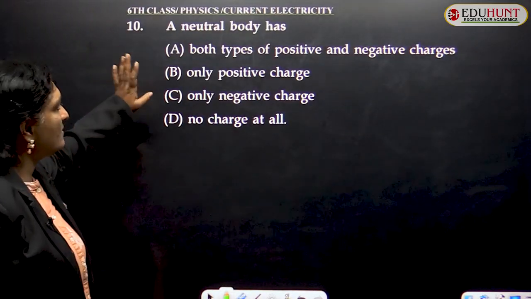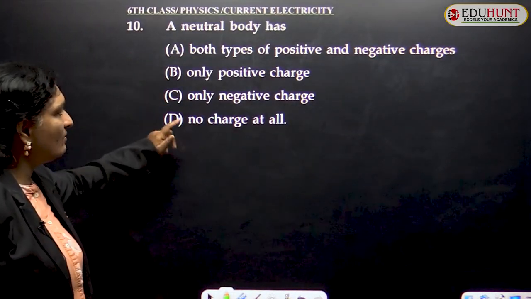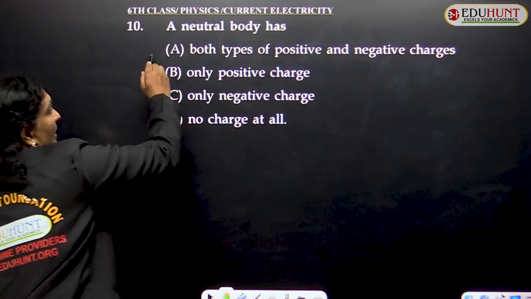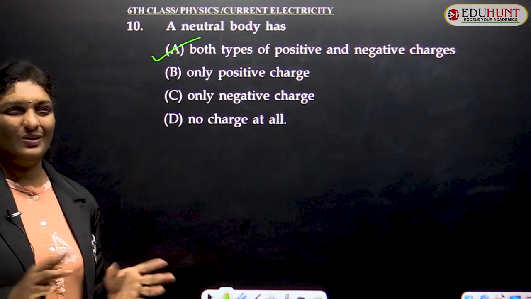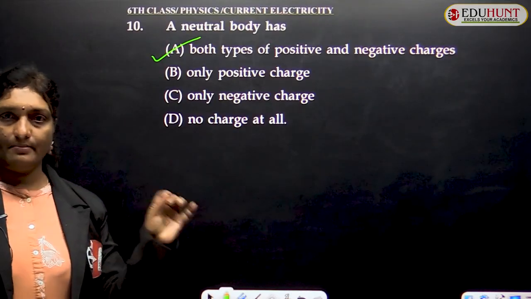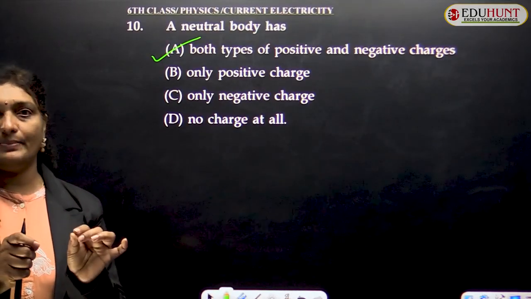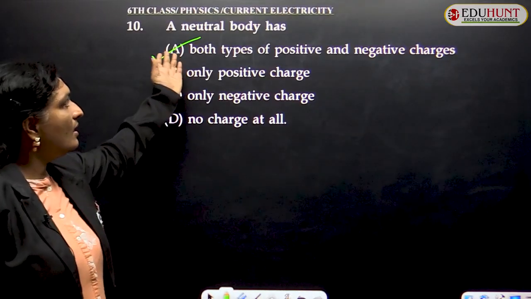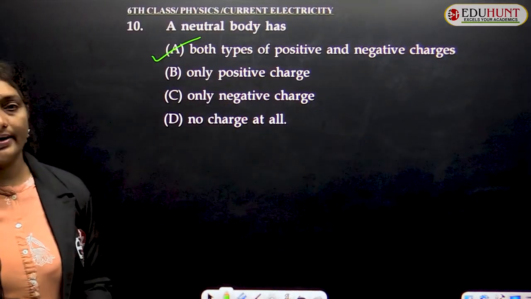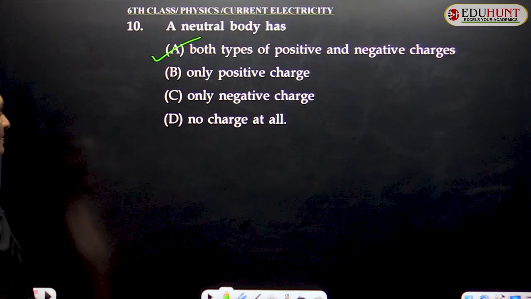Both types, positive and negative; only positive; only negative; or no charge at all. A neutral body has an equal number of positive and negative charges. No charge doesn't exist, because if an atom is there, some charges will be there, at least one. Hydrogen atom and all. So, if both types of positive and negative charges are present in equal number, the body is said to be